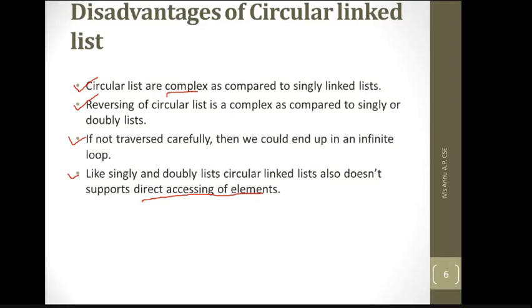But if you need to access the previous node of any given node in a singly circular linked list, you do not have a direct pointer. You need to go through a number of pointers to traverse in the backward direction. So there are some disadvantages associated with circular linked lists. I hope all the disadvantages are clear to you.